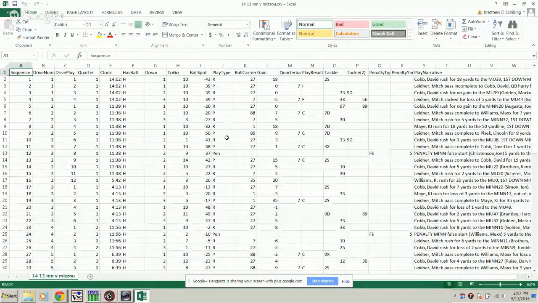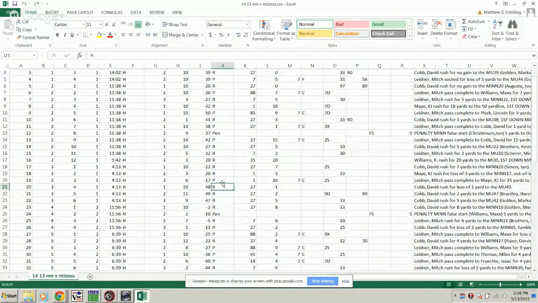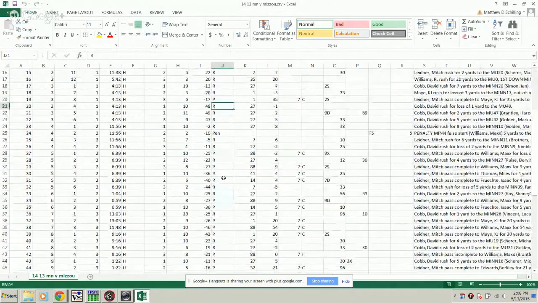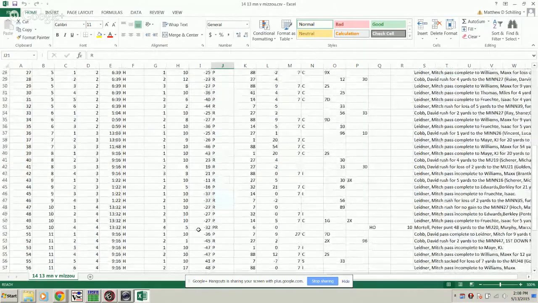So the first thing I'm going to do is I'm going to go through, and I'm just going to generally look for things like special teams plays. They're going to show up within your offensive or defensive XML, and it's going to show up either as KOR or PR. Okay, those automatically can come out just right off the bat. So I'll scroll through and see if we have any,